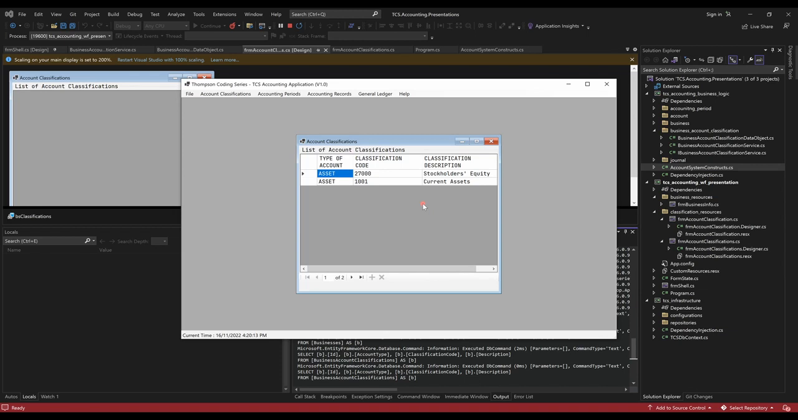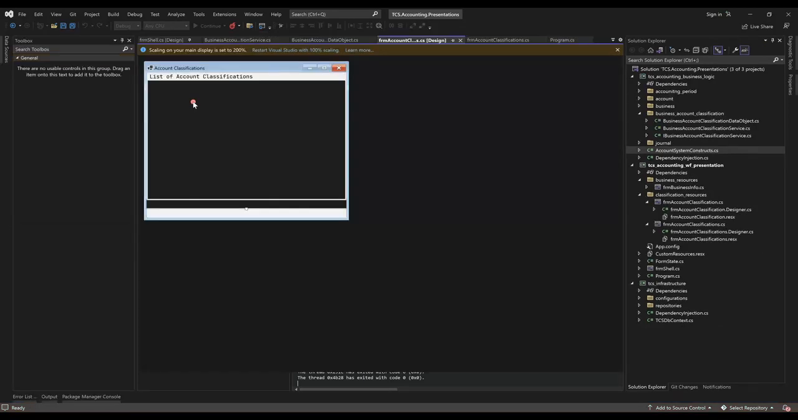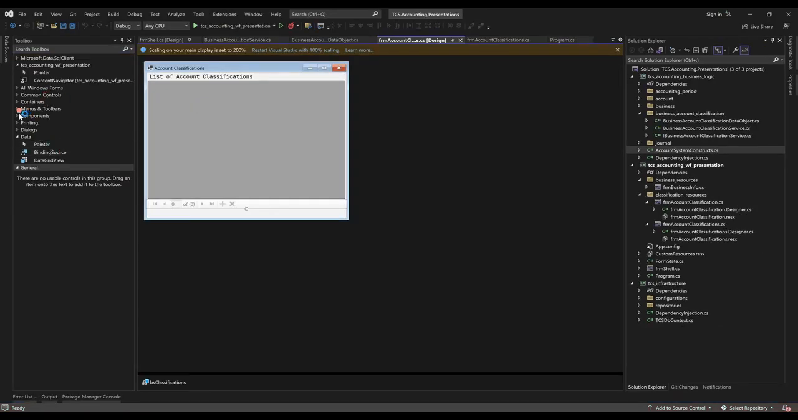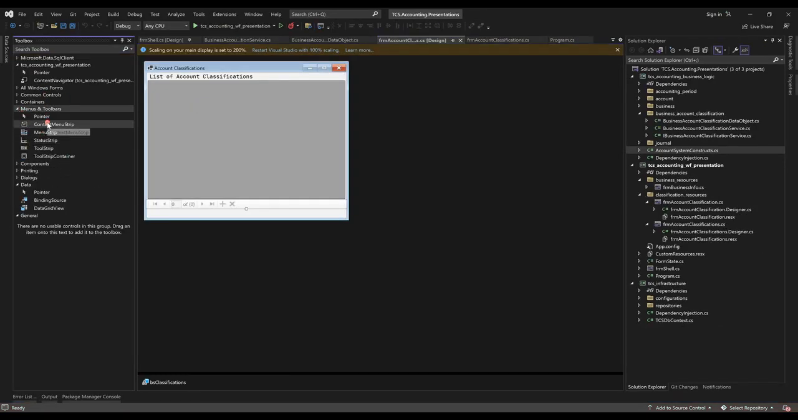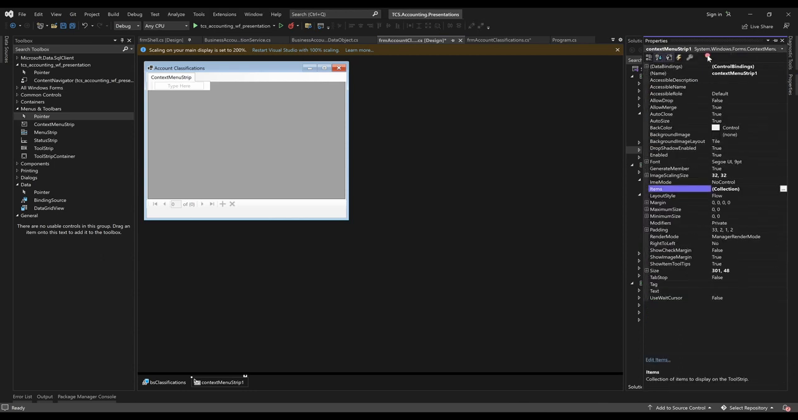What I'll do is I'll add a context menu that can perform operations on each of these objects as we need them. All right, so let's come back here and add more tools. Let's come to menus and add a context menu to this form. We can just double click it, and it will be available for use. It is called context menu strip 1. We'll change the name to CMS classifications,